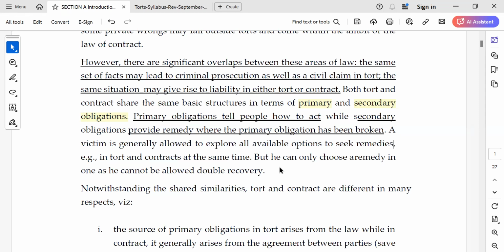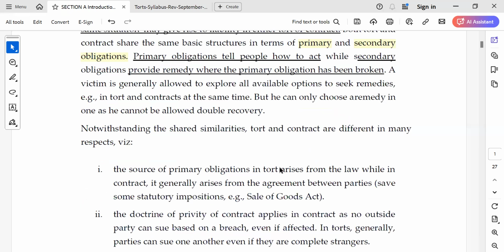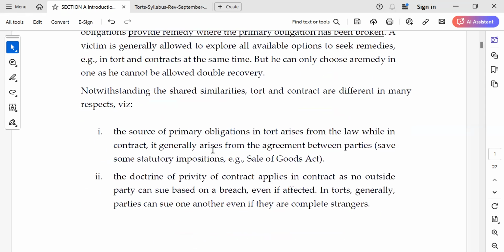So basically, what has to happen? They can only choose one remedy, which they have to follow, and they can't get double recovery from the same act. Same set of facts cannot have double recovery. Notwithstanding shared similarities, tort and contracts are also different in many respects. Namely,